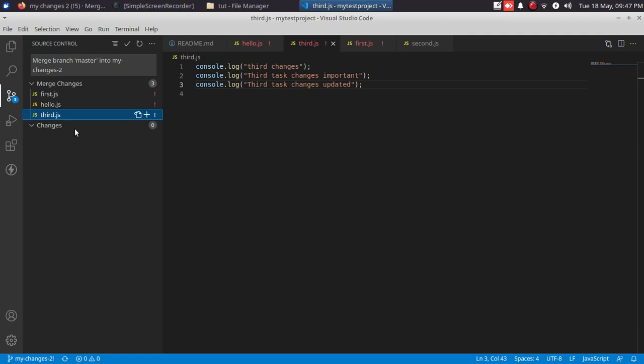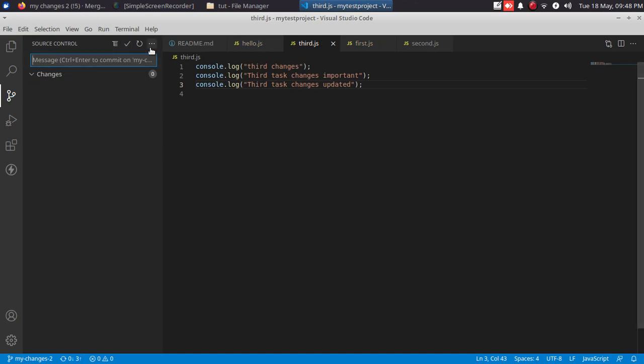Again I'm going to add all those changes. Okay, then I'm giving the commit message, conflict fixed. Again I'm going to push my changes to the repo.